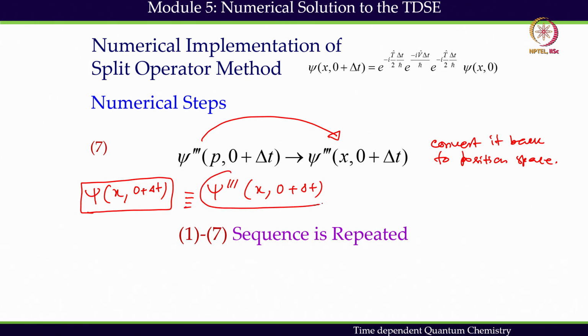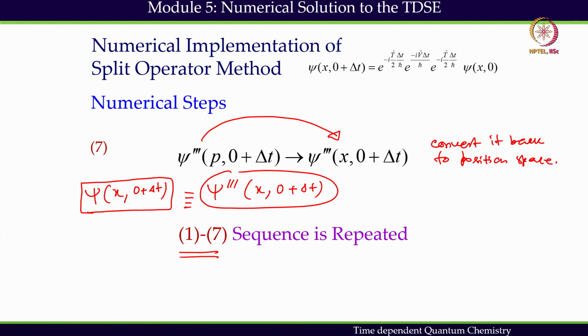So, this wave function is representing the first propagation for delta t, and it is quite clear now that the entire step which I have presented right now, steps 1 to 7, the sequence has to be now repeated for